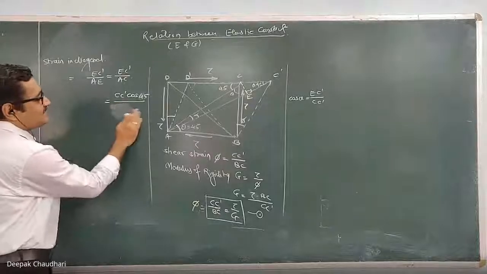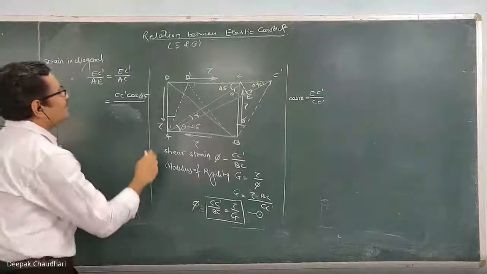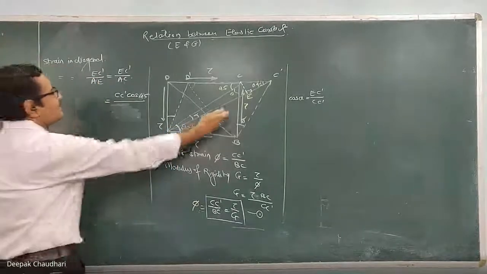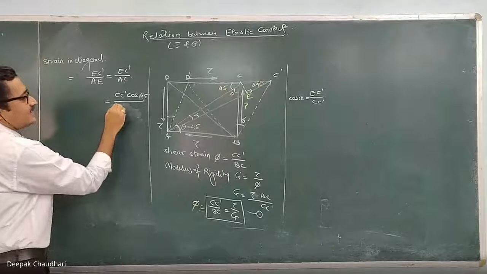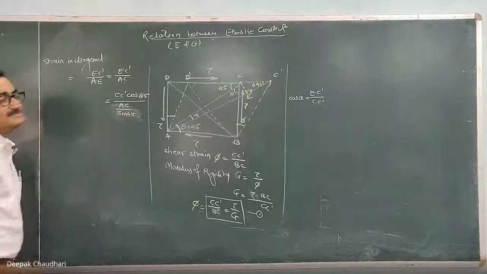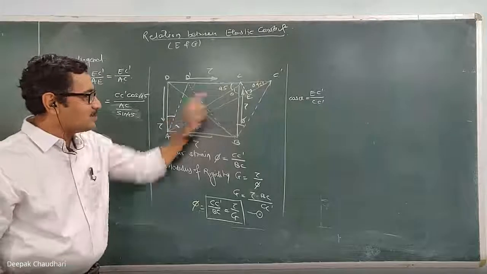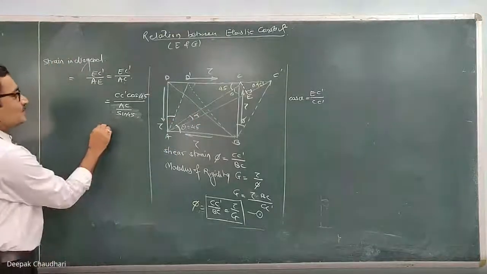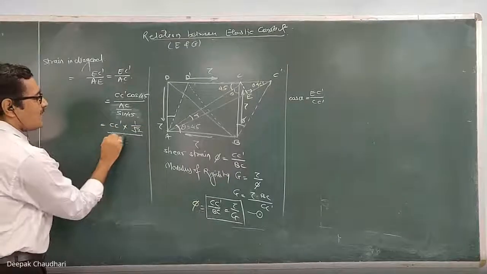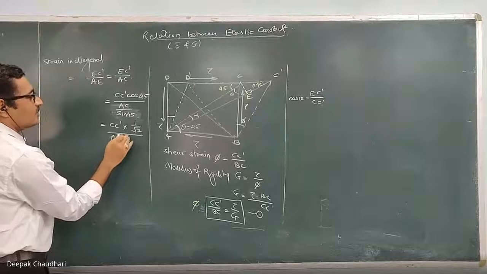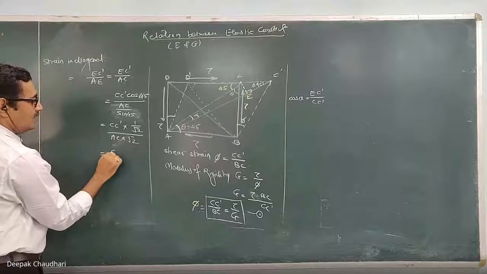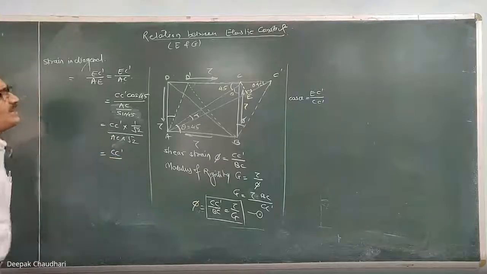Or you can write it in terms of BC: if I consider this angle is theta, then this is the hypotenuse, so I can write it as AC upon sine 45. It is one and the same thing. In terms of this theta, this is the opposite side, so the sine relation. So CC dash equals 1 upon root 2 upon AC, upon 1 upon root 2, so it is AC into root 2. So it becomes CC dash upon, sorry, I made a mistake somewhere.